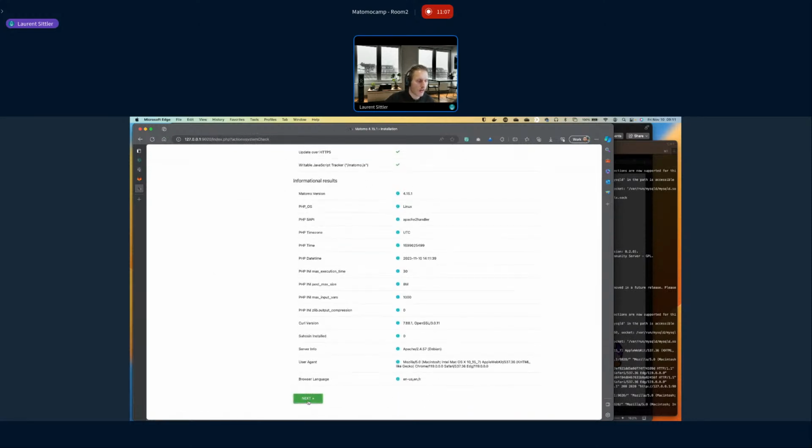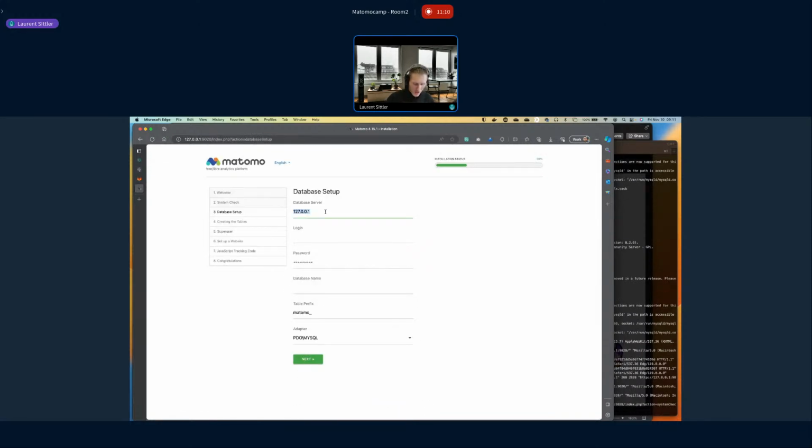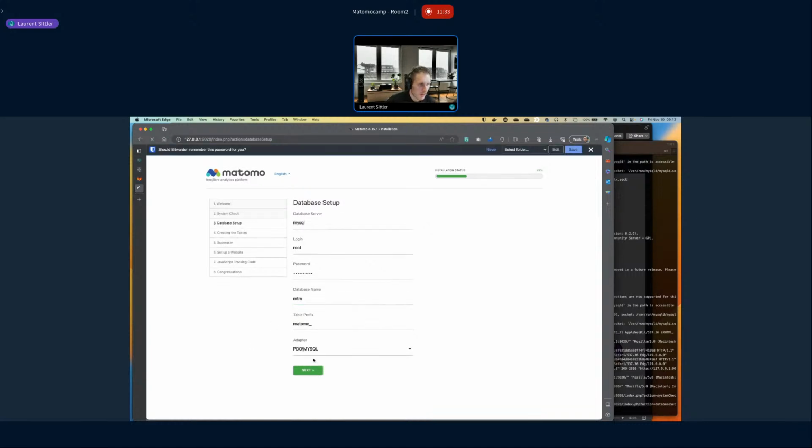I just need a version of Matomo to check my environment. Because this is just a demonstration environment, I don't have any strong password. This is just password1, and this is the default root account for MySQL. I just use MTM for the database name, and everything should be okay here.